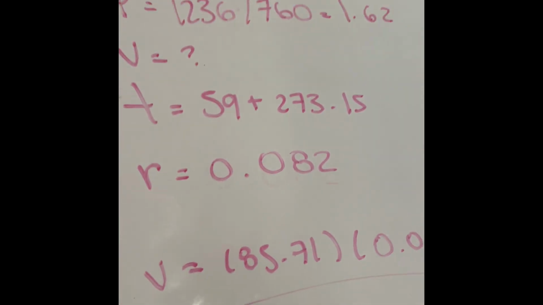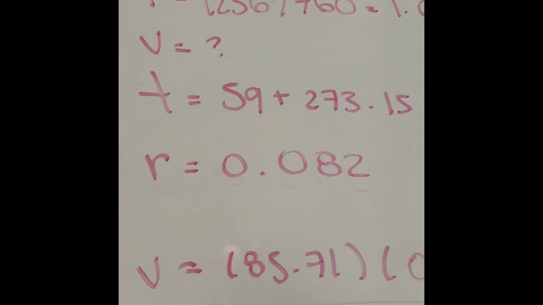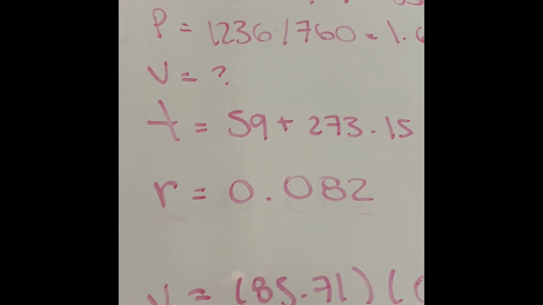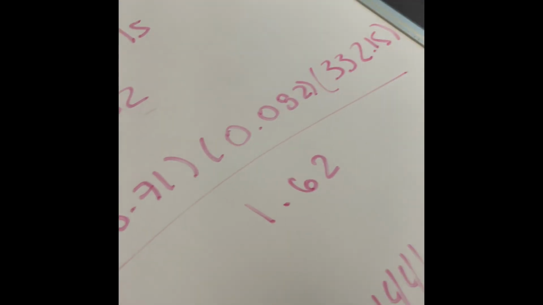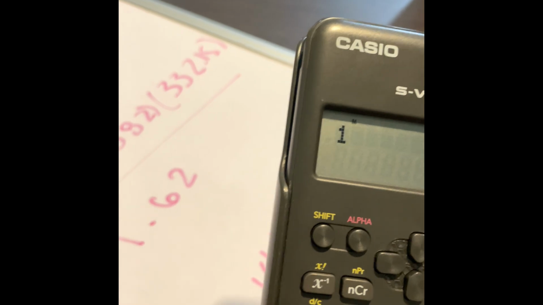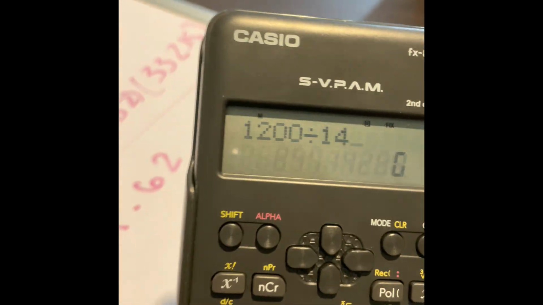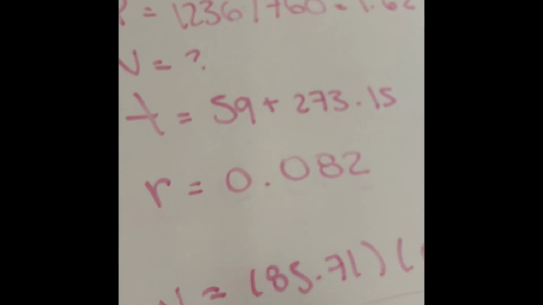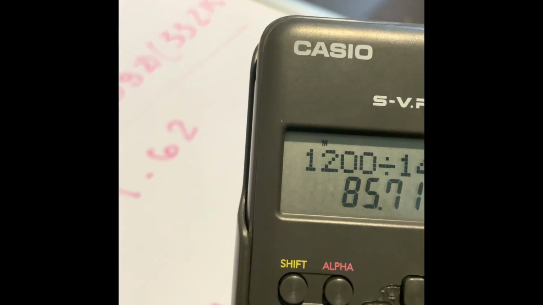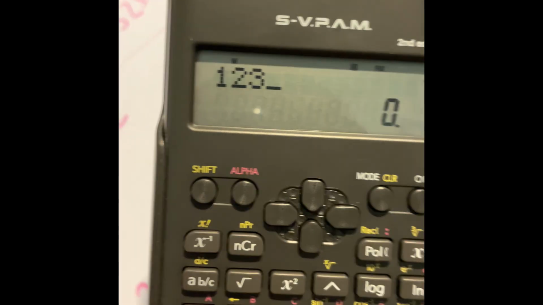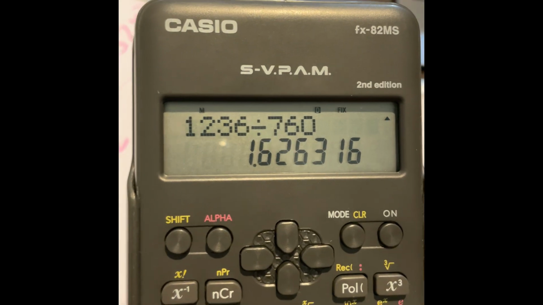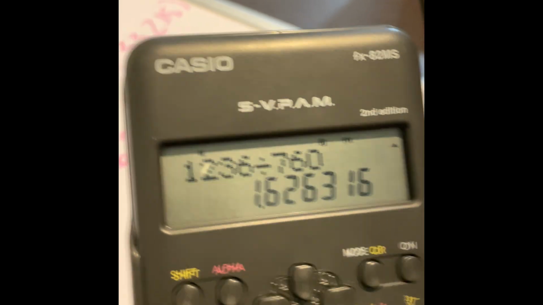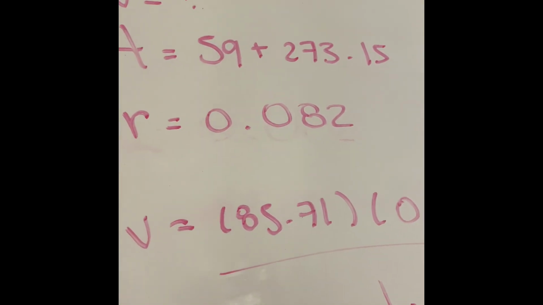So then we need to do the formula. 1,000 milliliters, 85.71. And after we do all that, P equals 1236 under 760, then we need to do 1.62. The volume, we don't know it. The temperature is 59 plus